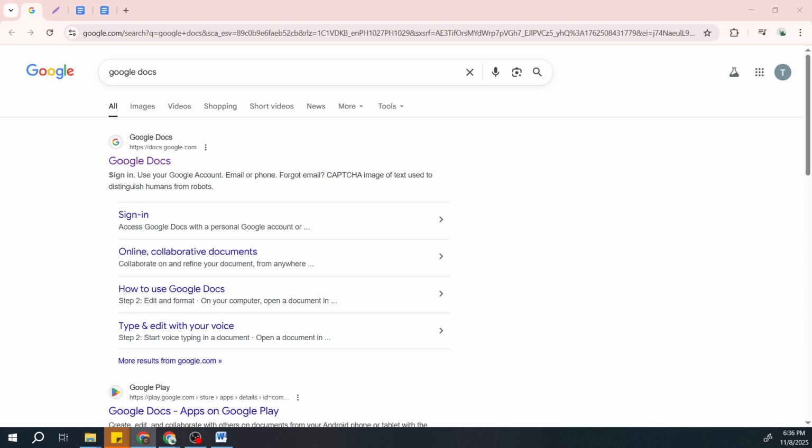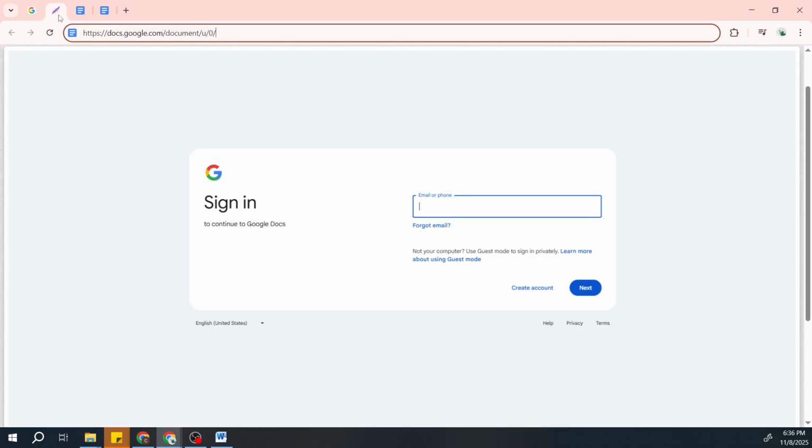It can be Chrome, Firefox, Safari, whatever you're comfortable with. In the search bar, type in Google Docs and hit Enter. The first result should be the Google Docs link. Clicking on this will take you straight to the Google Docs homepage, where you can access all your existing documents